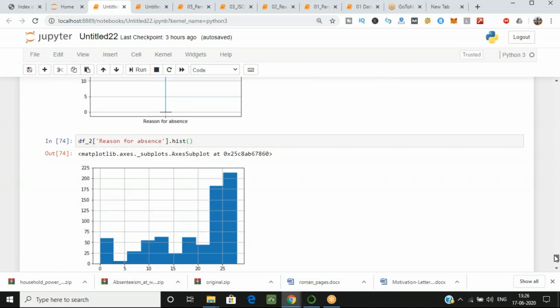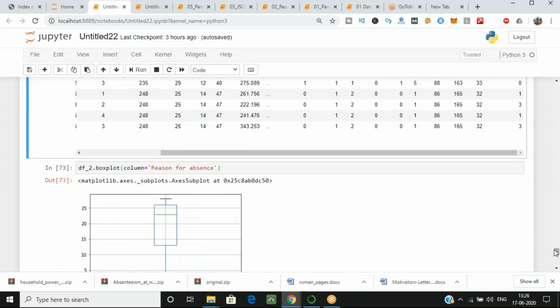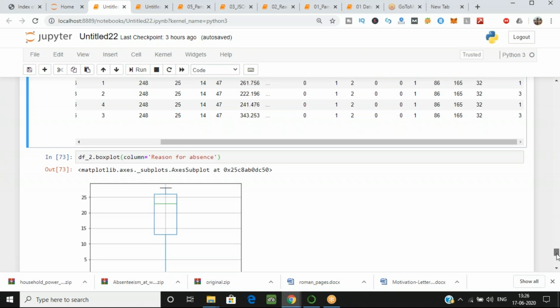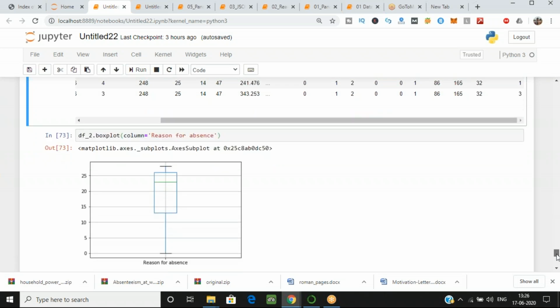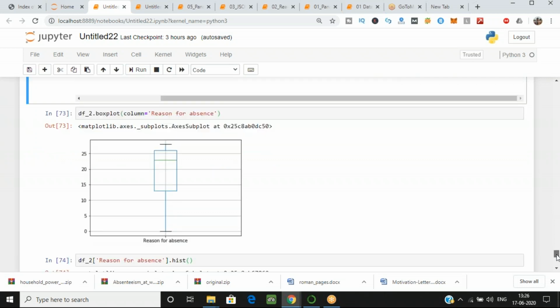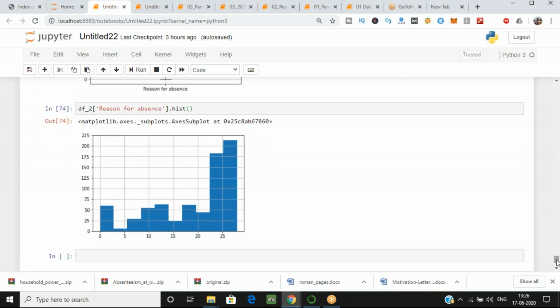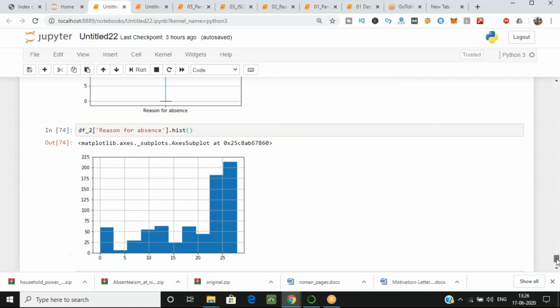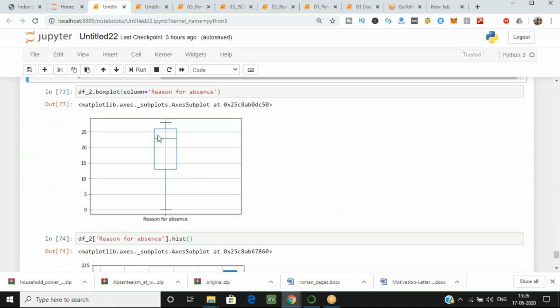That's why the box is plotted over here, because we have the large values in the area from 15 to 25, as you can see in the histogram. And if you see in your Excel sheet, that is your CSV file, you'll see that we have fewer values from 0 to 15 and higher values from 15 to 25. That's why our box is plotted over here, and this is a smaller quartile.